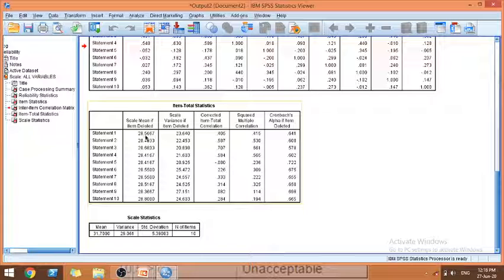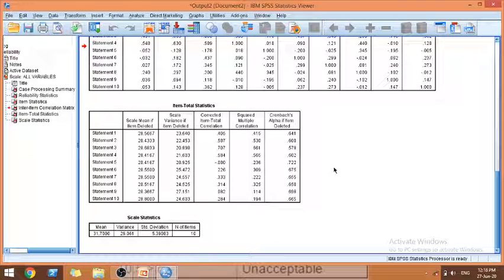Here we have this last column, Cronbach alpha if item is deleted. So if a particular statement is deleted, what will be the new alpha level? If you check this value, we have one statement available here. This is statement number 5. Look at this,